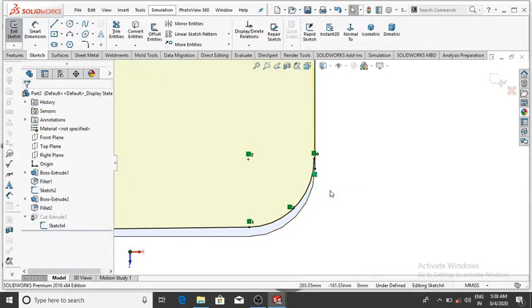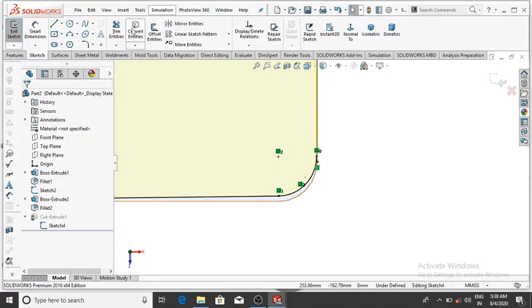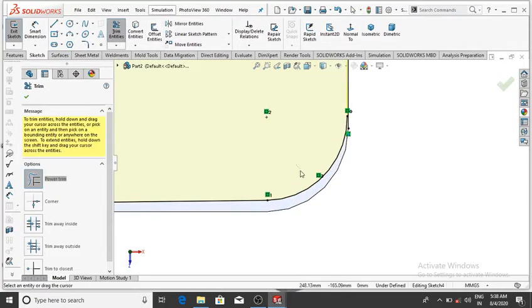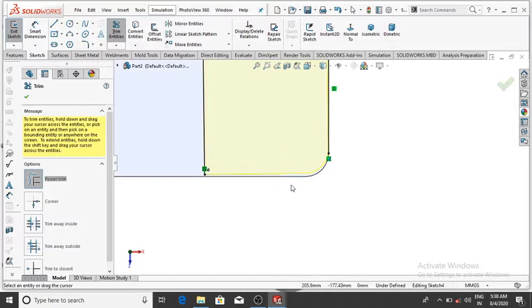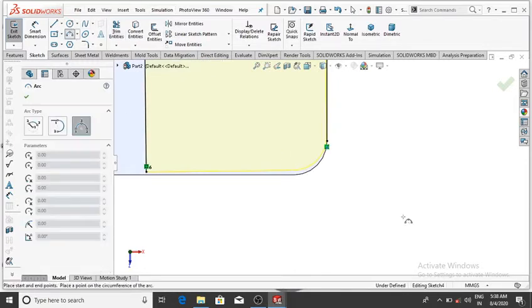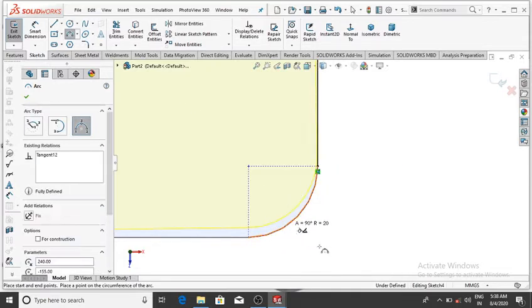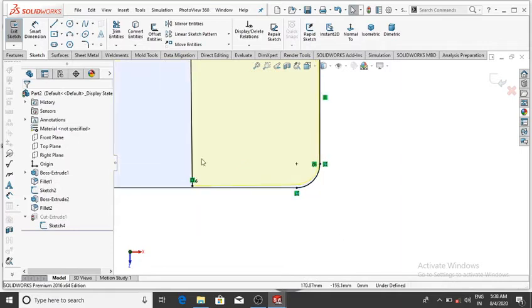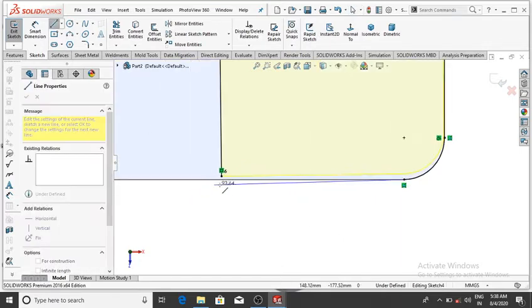and trim this, and it will also be trimmed, and select this point to this point and select up to this, and again make the line up to this.